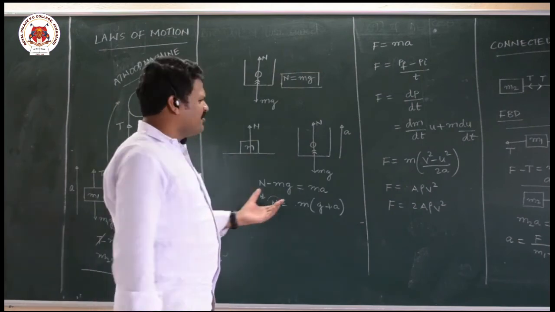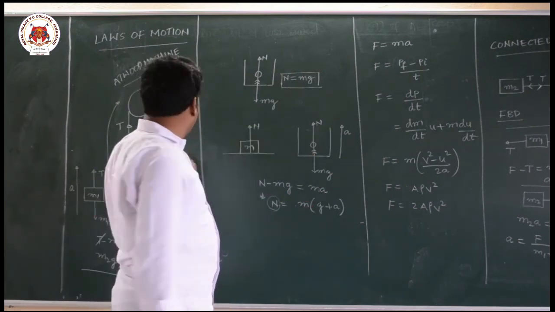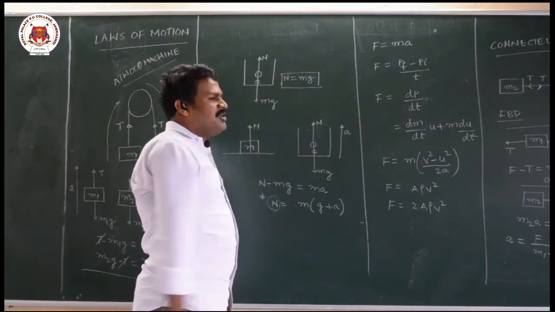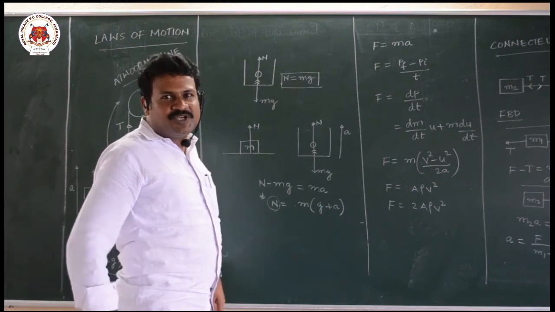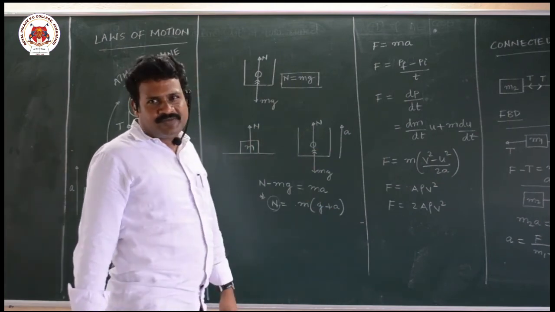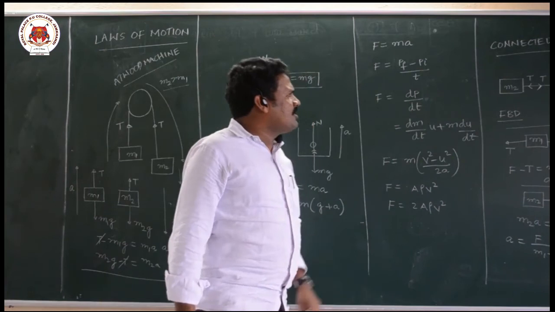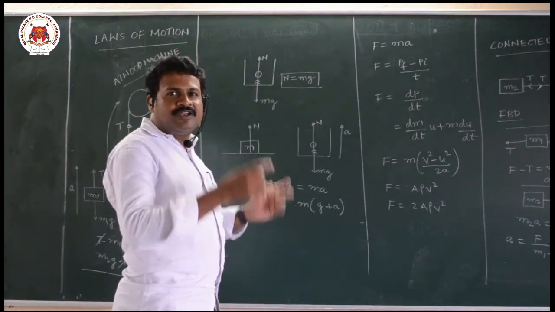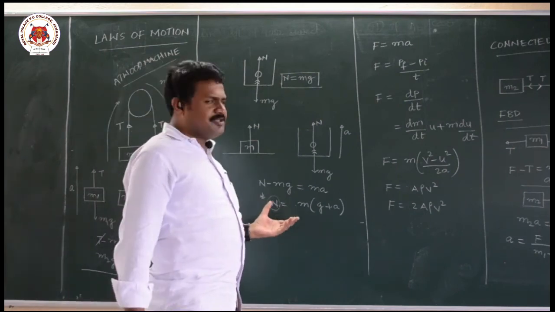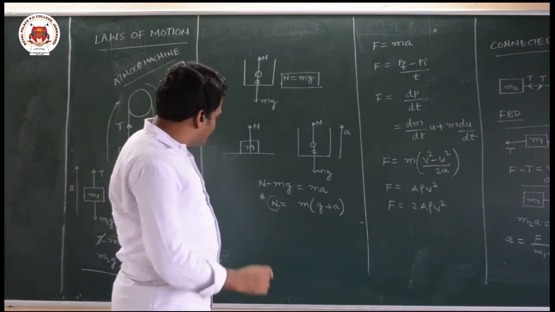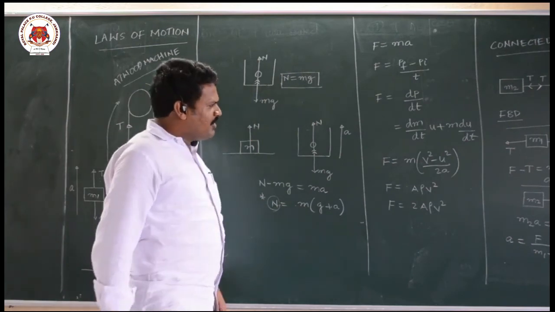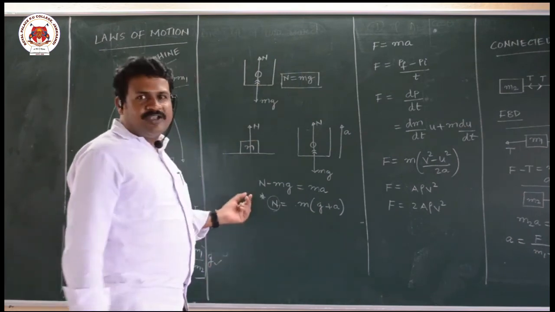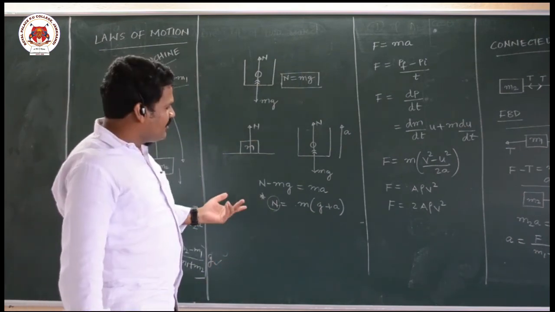If you go on remembering like this, for every connected body there is one formula. Instead of that, if you learn how to apply Newton's second law in different cases, it is better, because in this chapter many formulas are there. Here I connected two bodies. There is one more case where we will connect three bodies, and we will connect one more body on an inclined plane. So many conditions are there. For that, instead of remembering the formulas, if you can make your own formula in the exam by taking 1 or 2 minutes, then it will be easy.